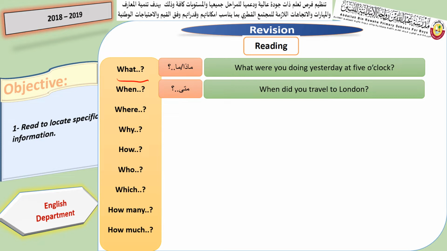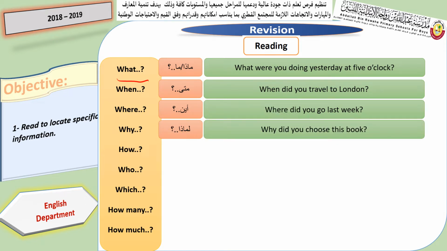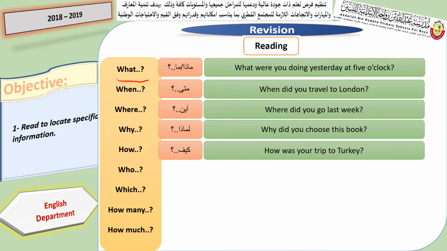متى سافرت إلى لندن؟ We have where, which means أين. For example, where did you go last week? أين ذهبت الأسبوع الماضي؟ We have why, لماذا. For example, why did you choose this book? لماذا اخترت هذا الكتاب؟ We have how, which means كيف. For example, how was your trip to Turkey? كيف كانت رحلتك إلى تركيا؟